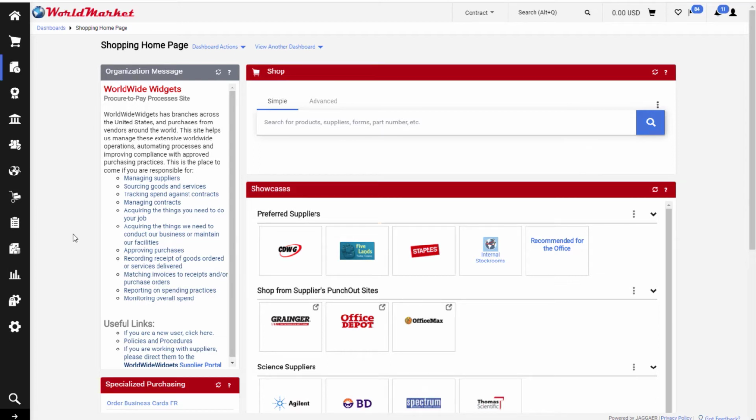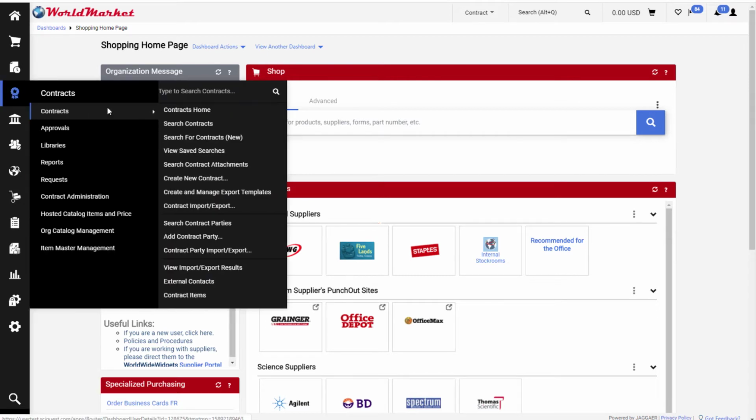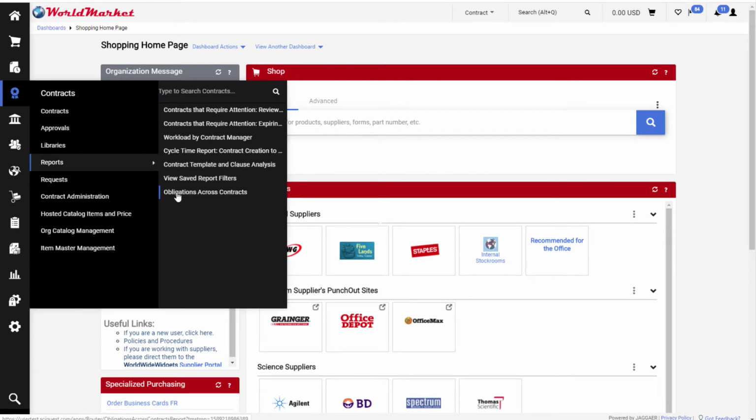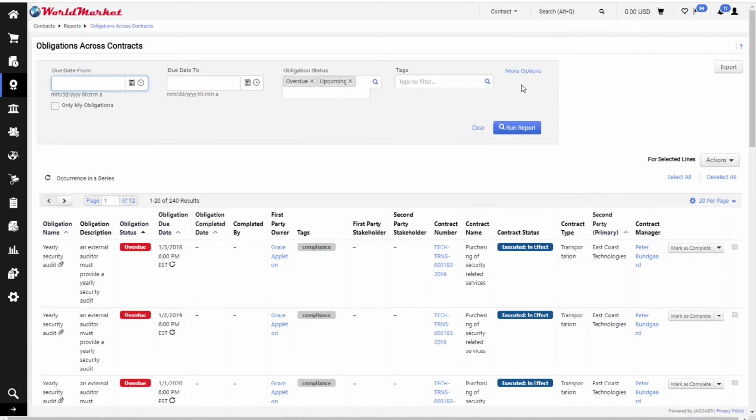To view the obligations report, navigate to Contracts, Reports, Obligations across contracts. This report lists all obligations for each contract in the system. Contract data will be visible to users in the contract manager role, contract administrator role, first-party obligation owner, as well as first-party stakeholder. By default, the filters are to show overdue and upcoming obligations, so that's what will appear in